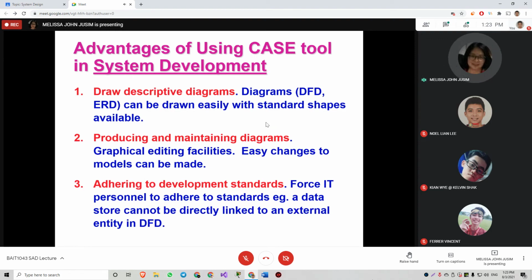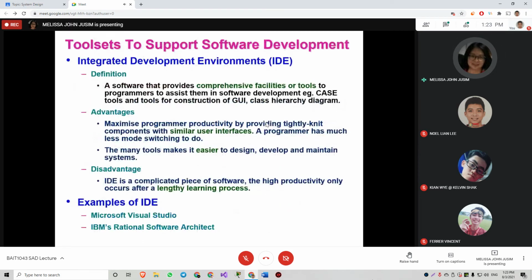Then we are now in the system development phase where the programmer will do the coding. Another tool suitable to support software development, as you all know, is the IDE, also mentioned by Mr. Bob last Saturday, integrated development environments. What is nice about this is that everything is there. It's a comprehensive set of facilities for programmers to do their software development.